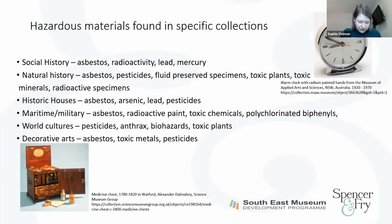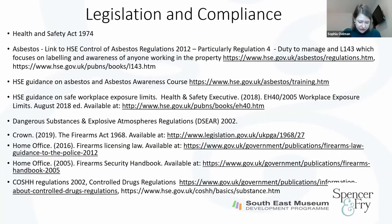So just having a quick think about legislation and compliance. This legislation, obviously health and safety legislation, needs to apply to all aspects of your work. So that's particularly important with hazards. Thinking about the asbestos regulations, that also applies to things like labelling and movement, and that's the same with any hazard really. It affects lots of the different processes, so things that go out for loan, exhibition, who's going to look at the objects, and